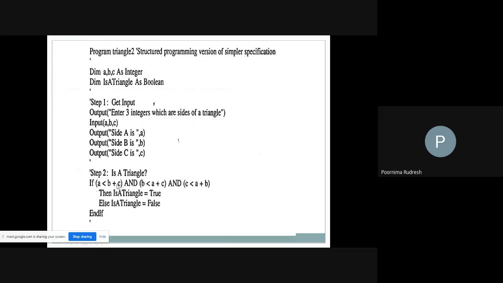So if A is less than B plus C, and B is less than A plus C, and C is less than A plus B, then we say that it is a triangle. Otherwise, it becomes a false condition. Means if any one of these three becomes false, then we say that it is not a triangle.